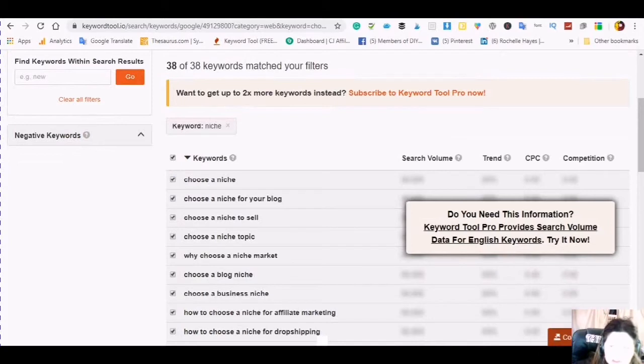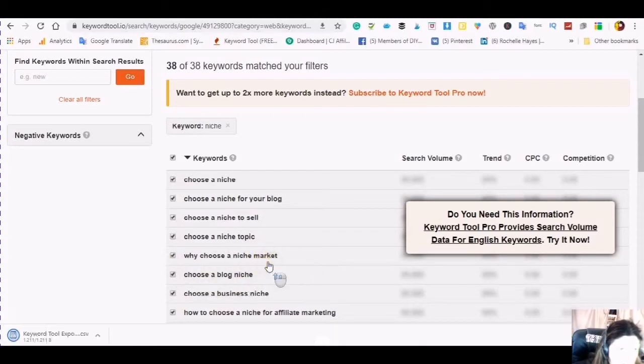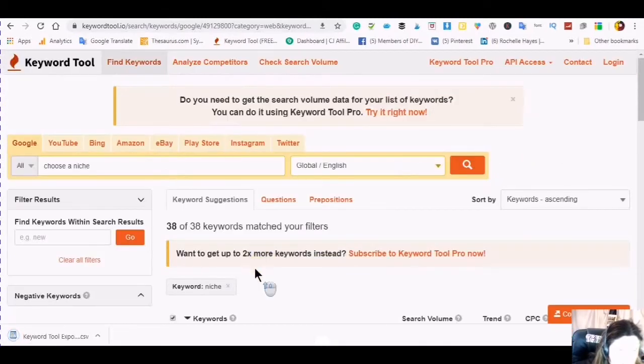You can then copy, export to CSV. And then you can import this into